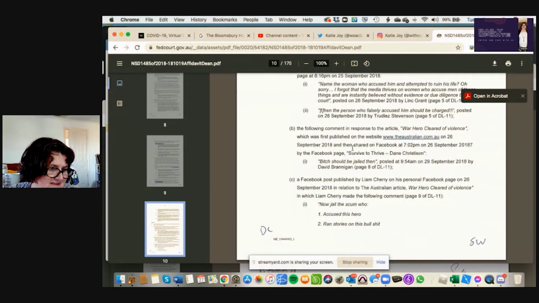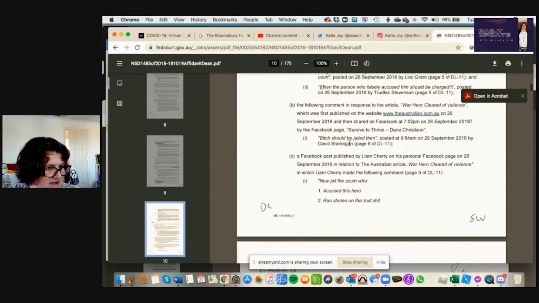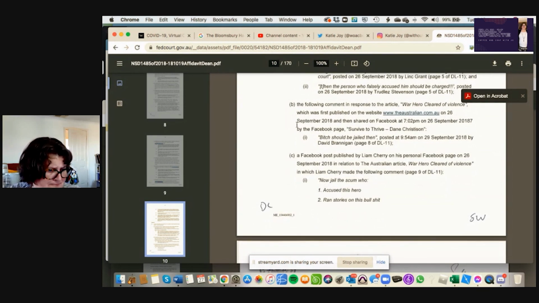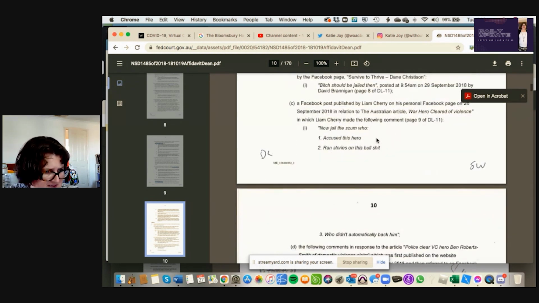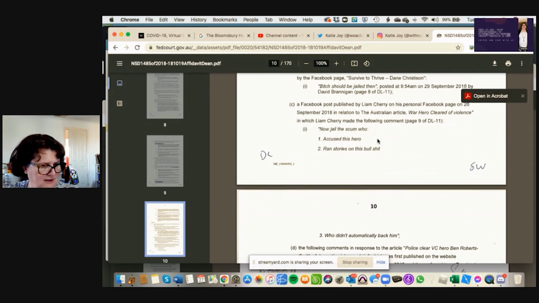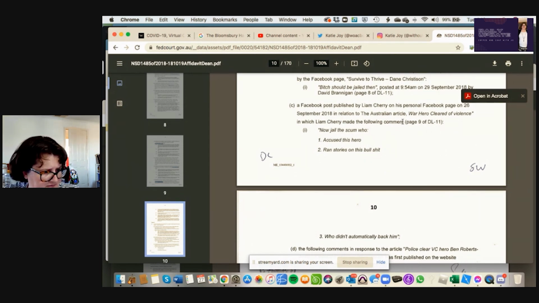The following comments in response to "War hero cleared of violence" are from The Australian on the 26th of September 2018, then shared on Facebook at 7:02 on the 26th of September 2018 by the Facebook page Survive to Thrive. "Should be jailed then." A Facebook post published by Liam Sherry on his personal page on the 26th of September in relation to the Australian article, in which Liam Sherry made the following comment: